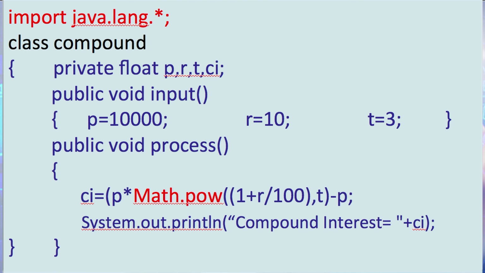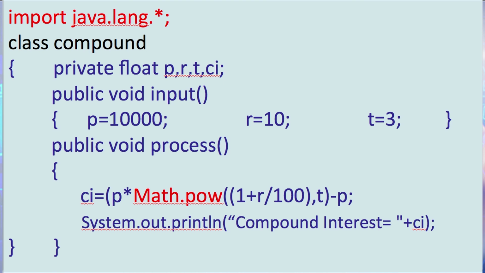And this power function has 2 arguments. The first argument is 1 plus r upon 100, and the second argument is its power, t, and then minus p. This way we calculate the compound interest, and in the last line we have written System.out.println for compound interest. We are printing the value of ci. So this way we are defining this class,